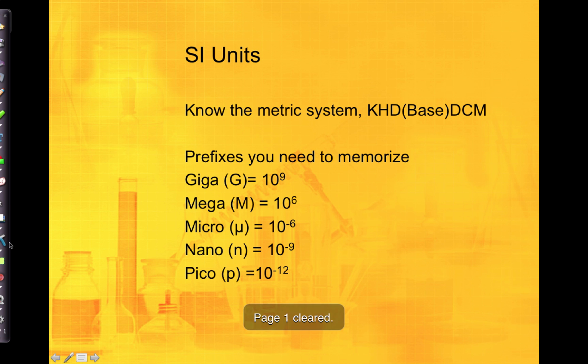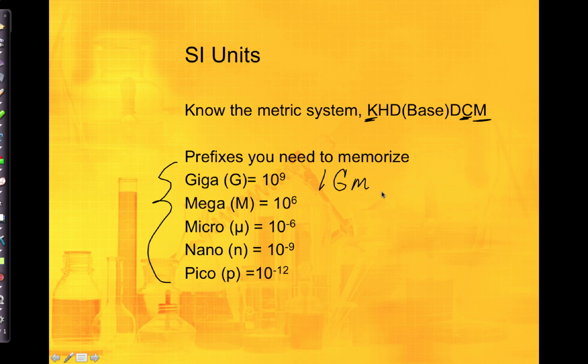All right, and really and truly, millimeters is the one that we use the most, sometimes kilograms. Oh, and centi. So those are the main ones that we use in this class. Now, these are other prefixes that you just kind of have to memorize. Giga, 1 gigameter, or gigagram, whatever, is equal to 10 to the 9th meters, or grams, whatever the base unit is. So if you have a megameter, 1 megameter is equal, and that should be lowercase m here, to 10 to the 6